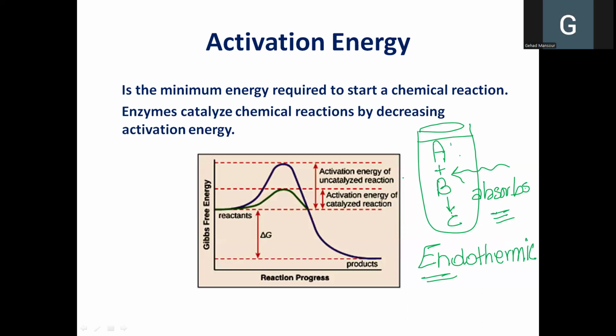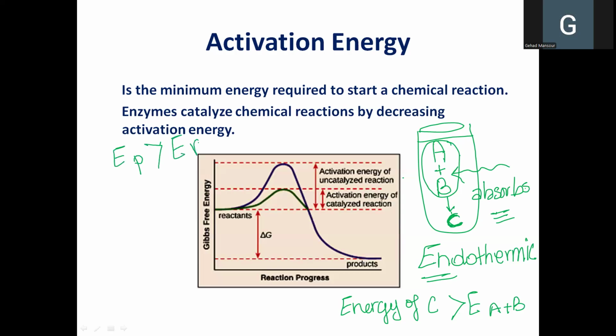Where does this heat go when A and B react together? It is given to the bonds in C, and therefore the energy of the product C will be greater than the energy of A plus B, meaning that the energy of the products is greater than the energy of the